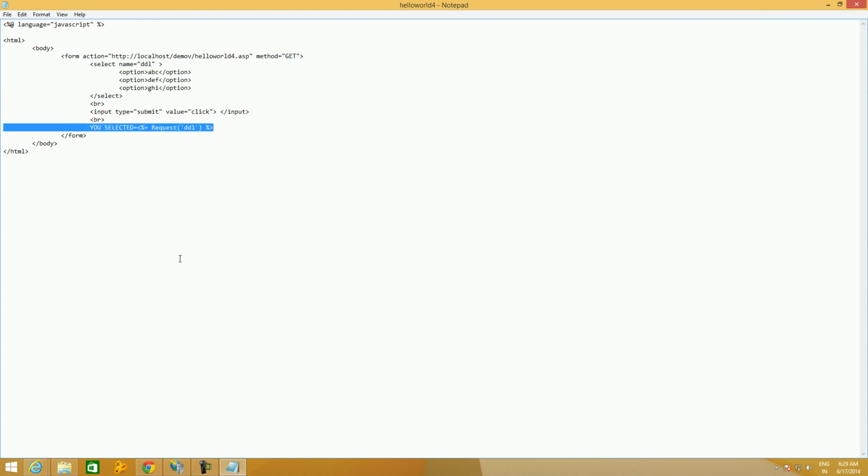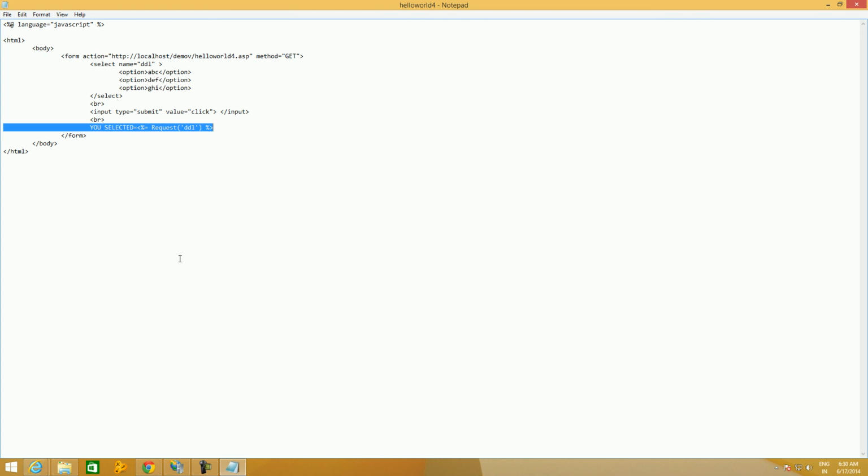To display the item, we have used one more markup, and we have invoked Request, and inside this Request we have specified the name of the combo box. So whenever the statement is processed, it will request the combo box to give the item that is selected by the user. But in ASP there is a drawback. We have forgotten to mention it.